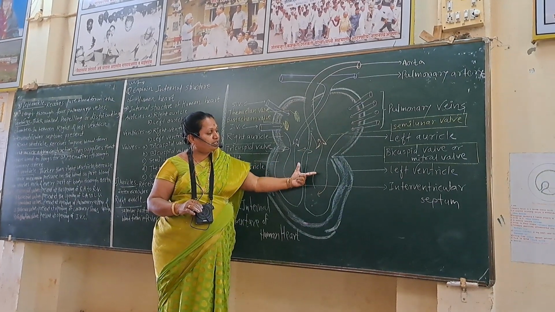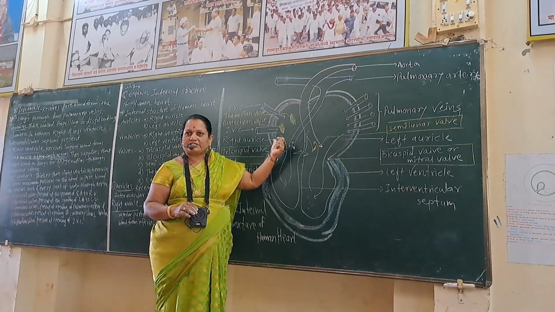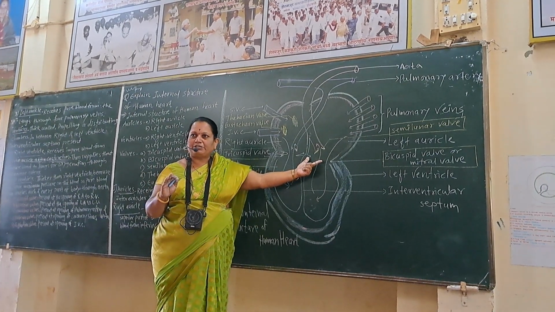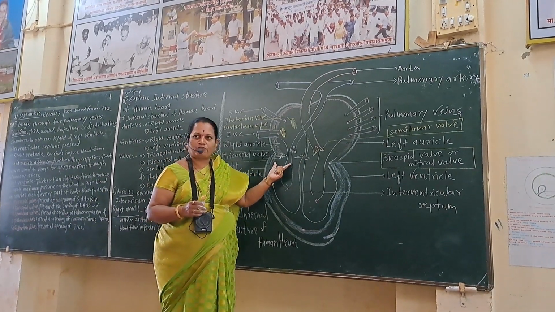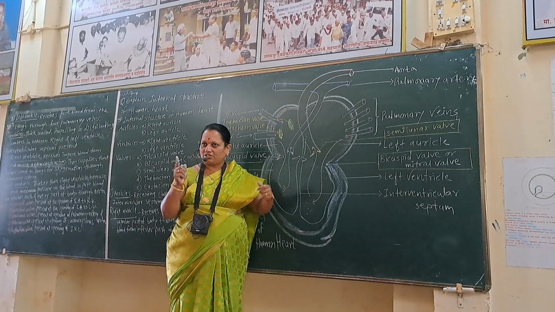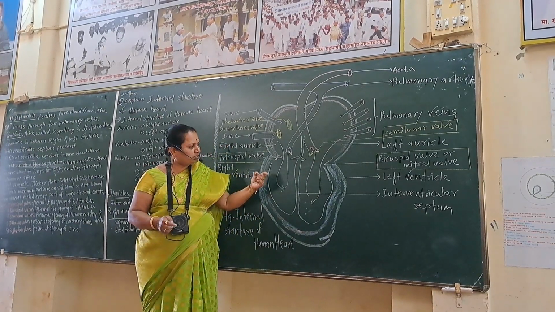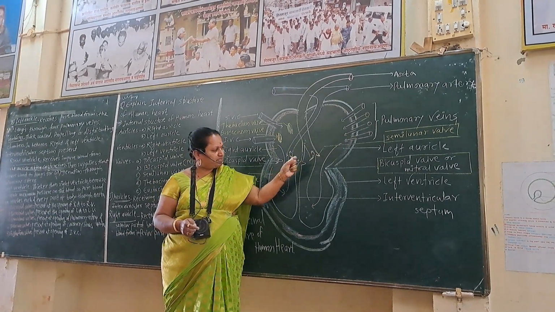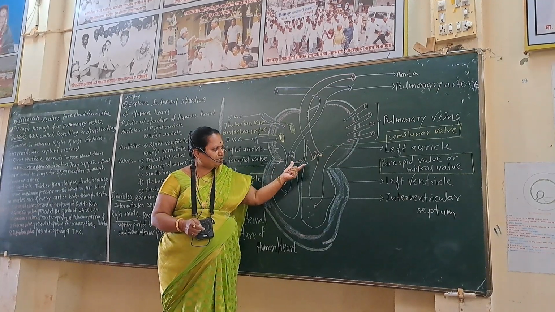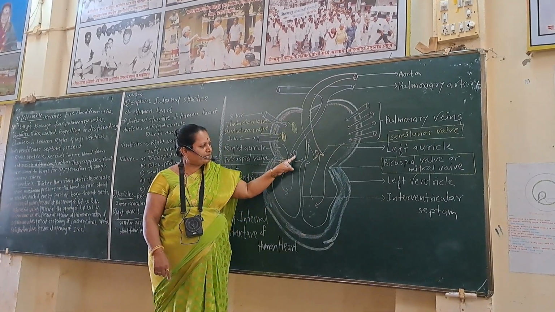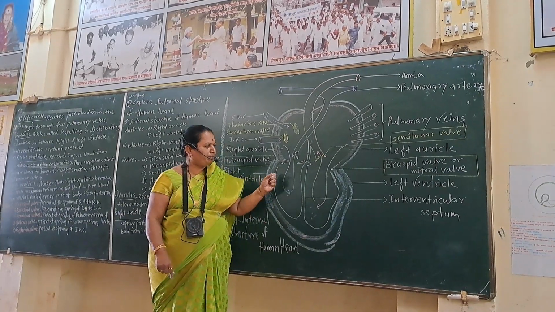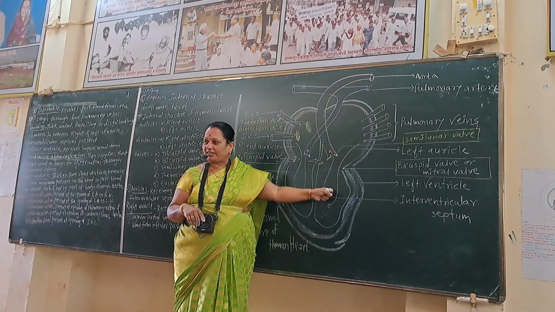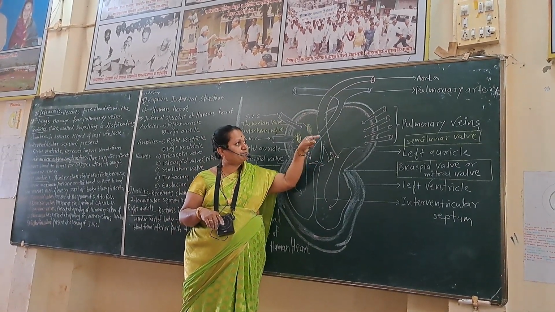This is the only pathway of blood. Why does this blood not enter again into the auricle? Because tricuspid valve and bicuspid valve get closed. So the only way for the impure blood is the pulmonary artery and for the pure blood is the aorta. These openings get open. When the tricuspid and bicuspid valves get closed, at that time semilunar valves get open. Therefore, impure blood from right ventricle enters the pulmonary artery and pure blood from left ventricle enters the aorta, and aorta supplies pure blood to the whole body.